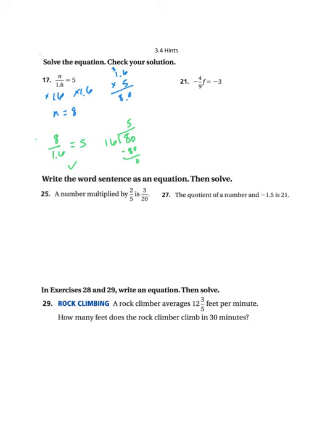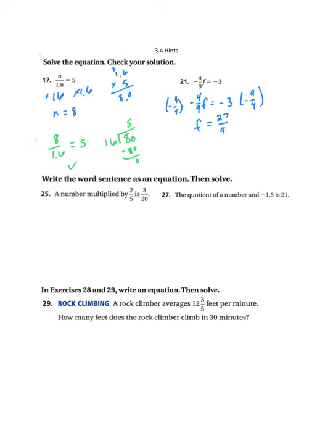All right, next I have negative 4.9f equals negative 3. I'm just going to rewrite this so that I can show my multiplication better. When I'm solving for f, when it's multiplied by a fraction, I'm going to multiply by the reciprocal. So I'll multiply both sides by negative 9/4. That gives me f equals negative times negative is positive